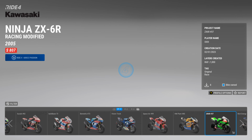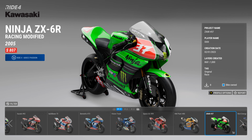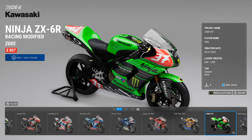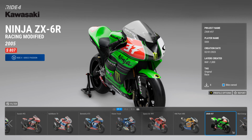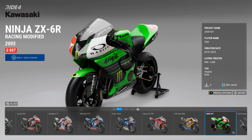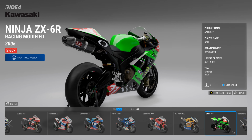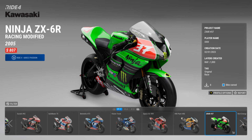So, moving across now to the number 37. Number 37 being a name that is not on my list. Of course, it is Ferhat. It is the Turkish rider. I do believe he is Turkish. We've seen him in Superbike, and he had a Turkish flag. But number 37 goes to the Kawasaki Ninja ZX-R, and Ferhat will be, hopefully, very, very competitive. He was quite fast in Superbike 22, but I don't believe I've raced him in Ride 4. Maybe. He has been in the comments section many times before, but unfortunately I do forget things,